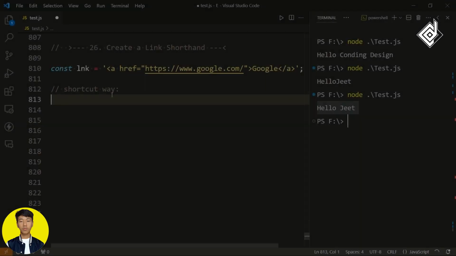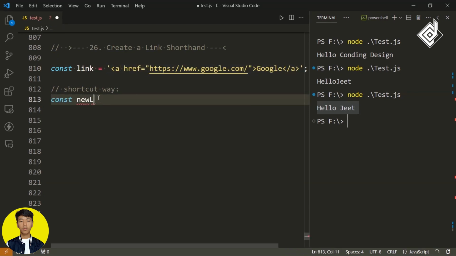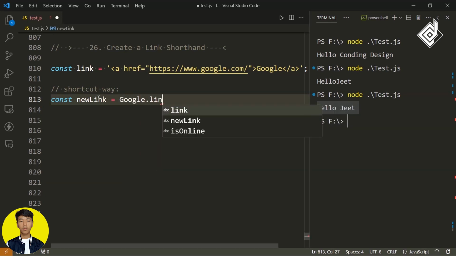In order to create a hyperlink, you just need to write an anchor tag. Within that, you need to pass the href attribute and the link as well as the text that you want to display. So it's a bit complicated. Instead of that, you can just take the text that you want to display and write dot link, and within that method you can pass the link that you want to take your users to.